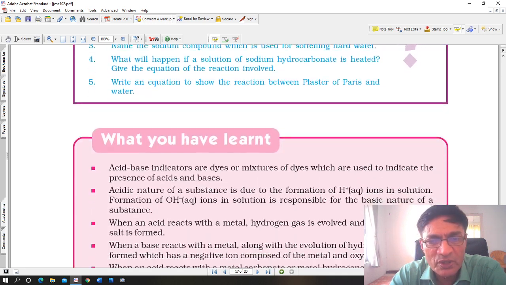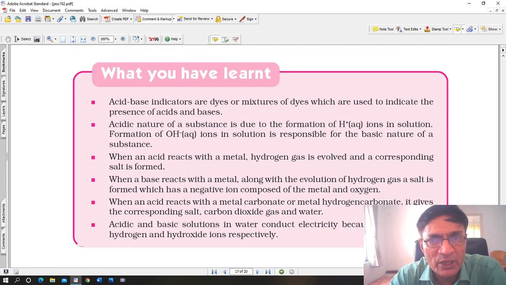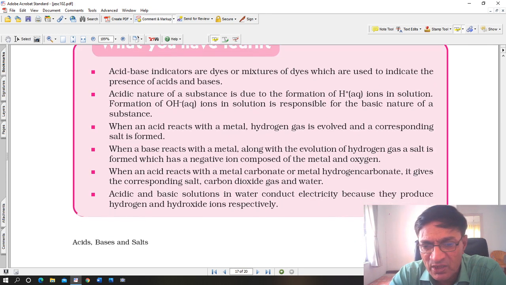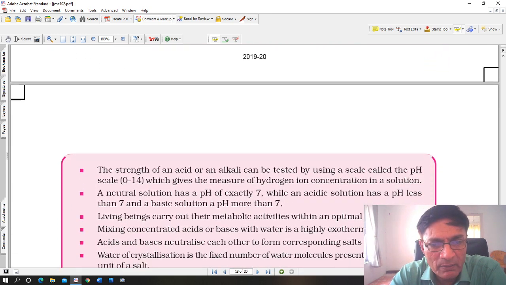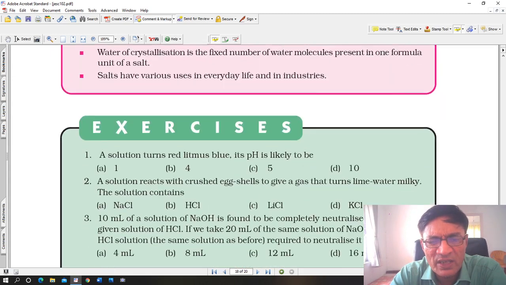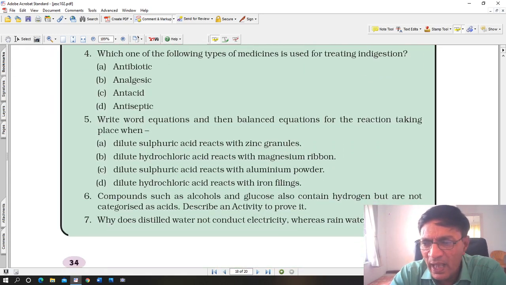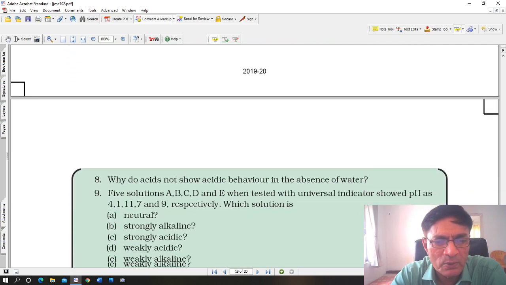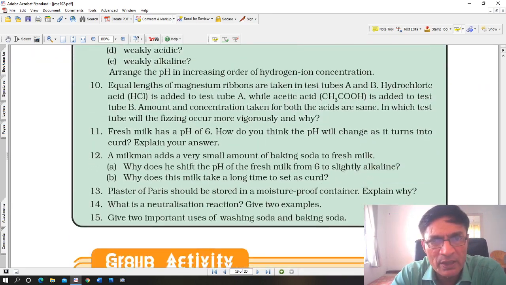Alright, there are some questions, and these questions, of course, I already covered. Okay, all these questions here. Below that, now we come to the exercises. The chapter is over. Okay, we come to the exercises. All of these exercises have been covered. Okay, and if you still have a question, you are most welcome to ask me. All these questions have been covered in the PDF.